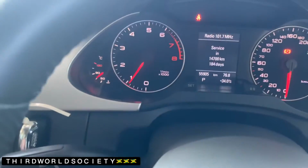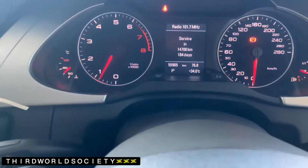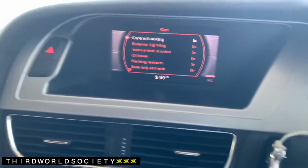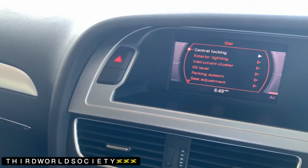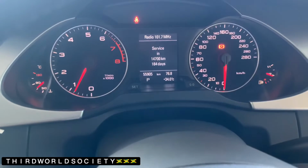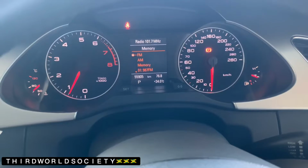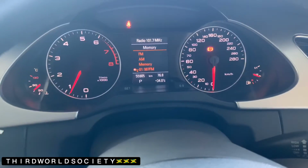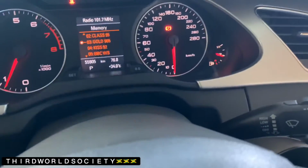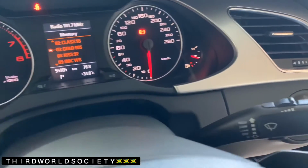And of course, on the dash clock, you have the temperature reader, speedometer, RPM gauge, and also a control screen in the middle. So for example, some of the features that you'd go into, if you go into the features on it, it will come up in this screen. You know what I mean? So for example, if you go on the radio option, you can actually change the radio station from here, from FM to AM, and you can do some features here, along with other readings that you'll get when you're driving the car. You have a speedometer clock that basically goes up to 280 kilometers, and of course the gas gauge